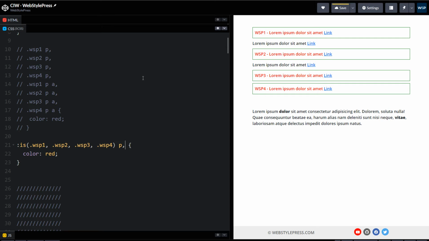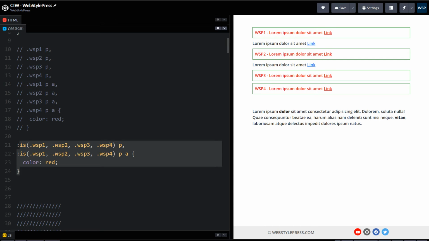Also, to select the anchor, we can use it like this. Keep each parent selector inside an argument and outside will be the inner selector. We saved ourselves from repeating paragraph and anchor selectors. And this code will not be compiled or anything. This is the CSS code that the browser will handle.